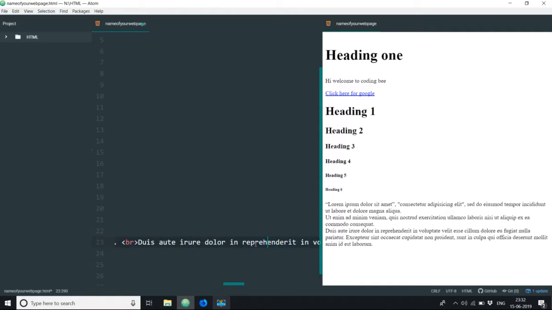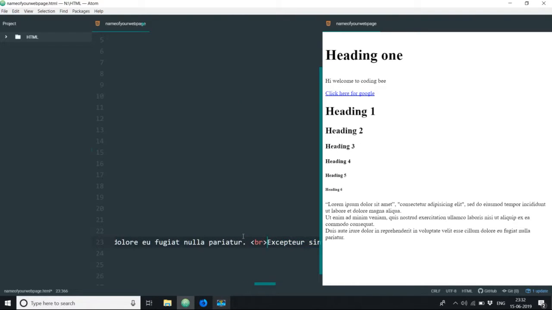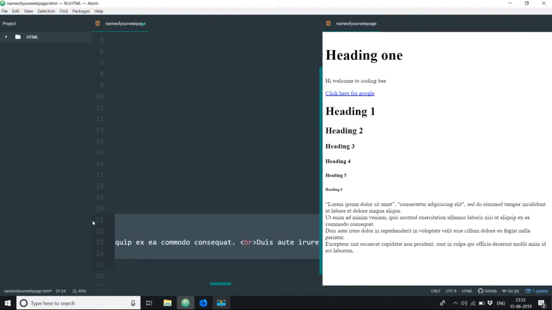So that's it. BR. That's it. This is the division of the paragraph. Break will divide your paragraph. So after all this,